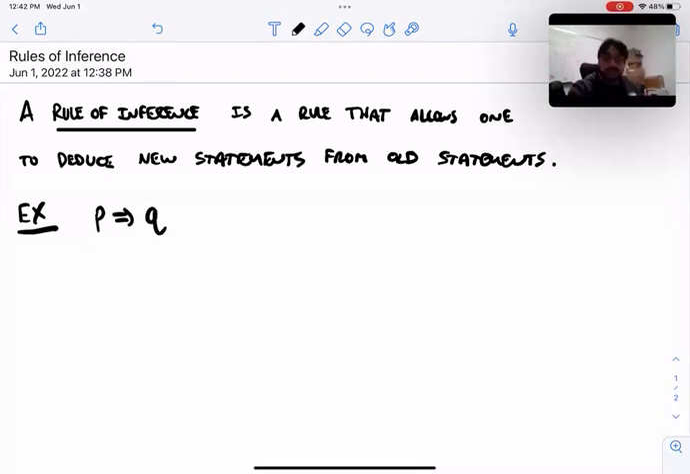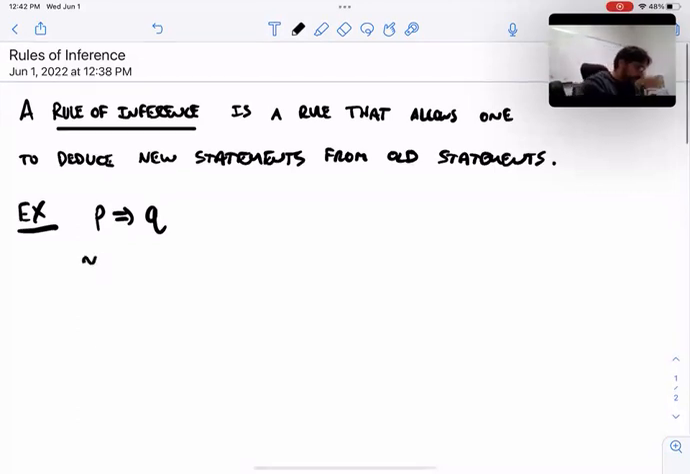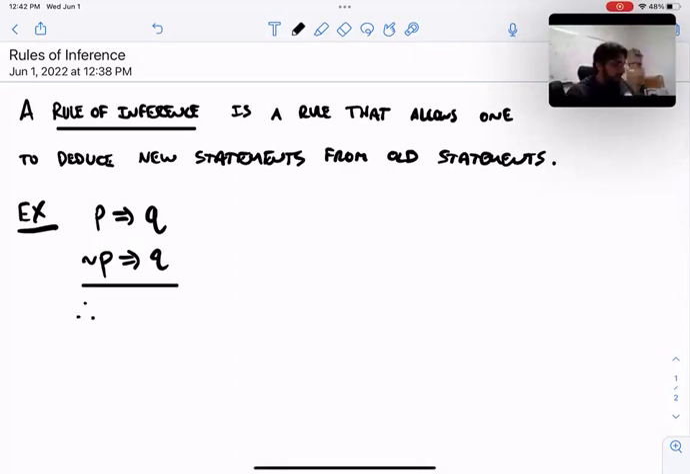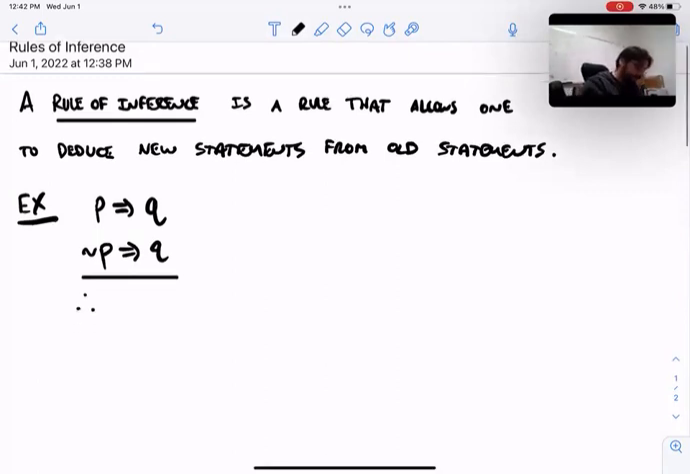I have statements P and Q. And suppose I know that P implies Q. Suppose I also know that not P implies Q. Well, from that, what can we conclude? This is something you could think about just in maybe the context, not even of mathematical discourse, but just in the English language and something you might talk about every day. Think about an example